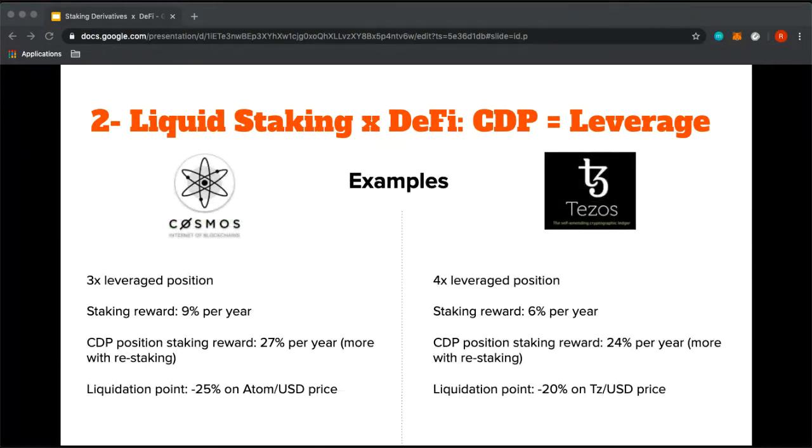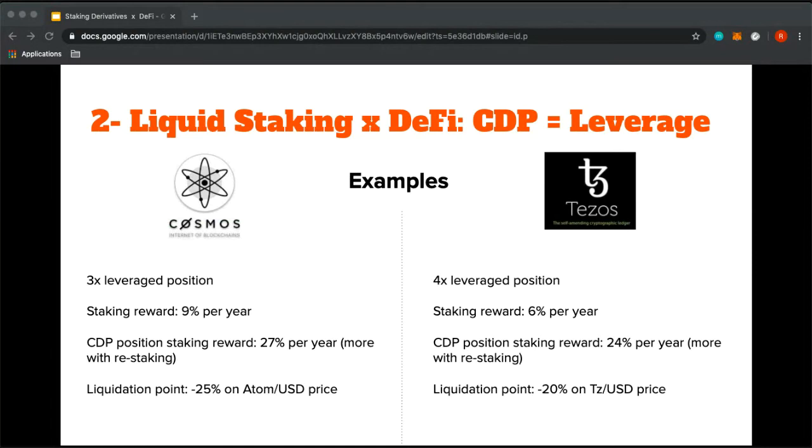If we take this operation that we described and do it on Cosmos, we can end up, for example, with a position of 3x leverage. The staking rewards for 1 year are around, I think, 9% right now on Cosmos. So the CDP position staking reward is going to be something like 27% per year. And we can have more if we restake, like every week or every 2 weeks, the staking rewards that we receive. And there is also a liquidation point, which is going to be a price drop of 25% on